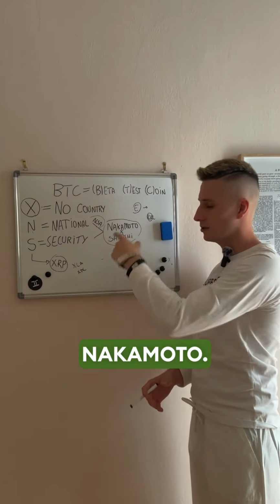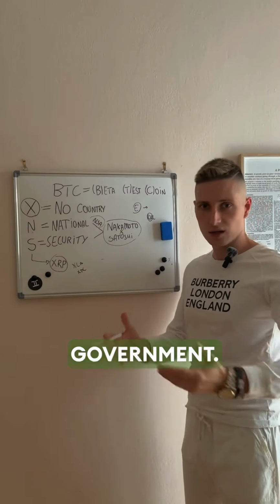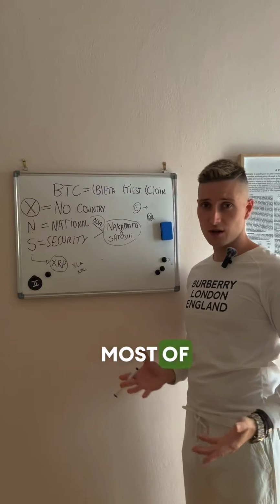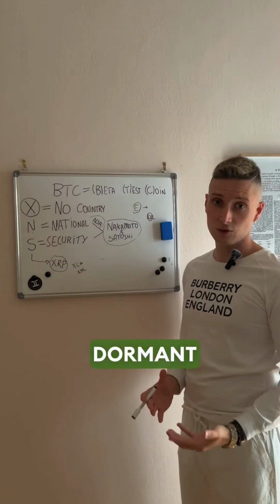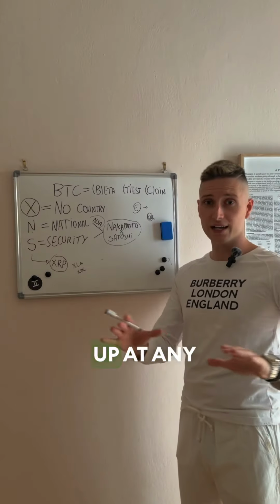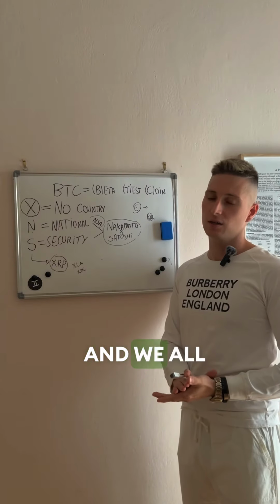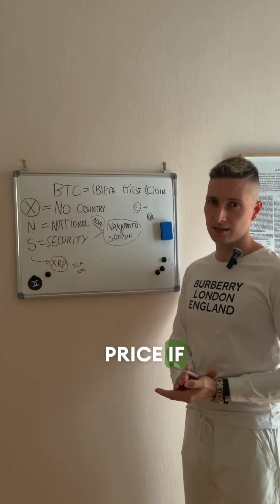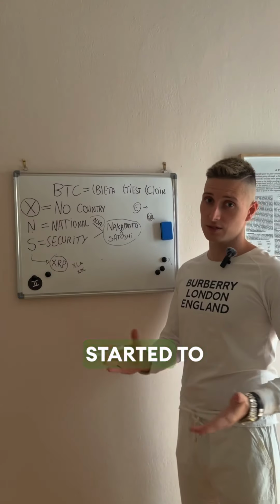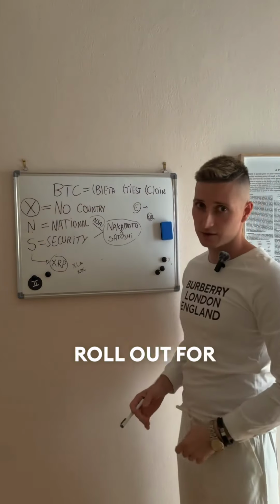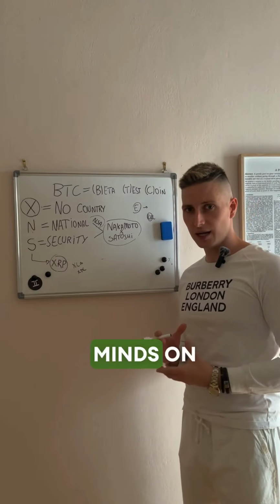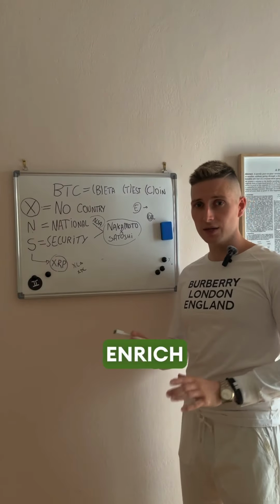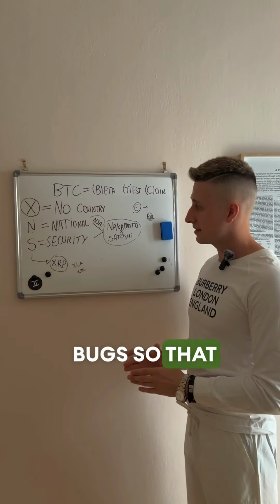And that's why Satoshi Nakamoto, we already know that is the government. We already know that most of Bitcoins are owned by the US government, the largest wallets. Then you have the dormant wallet of Satoshi Nakamoto could wake up at any time, and we all know what would happen to Bitcoin price if the dormant wallet from Satoshi Nakamoto started to move. Let the test roll out for 10 years, 12 years, 15 years. Allow the most brilliant minds on this planet try to enrich themselves, exploiting bugs,